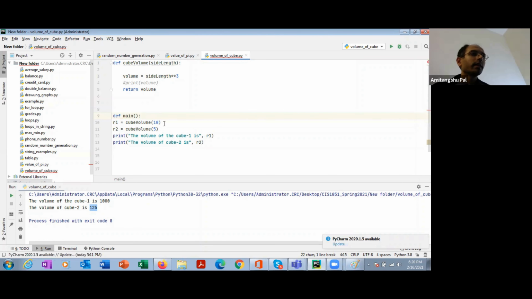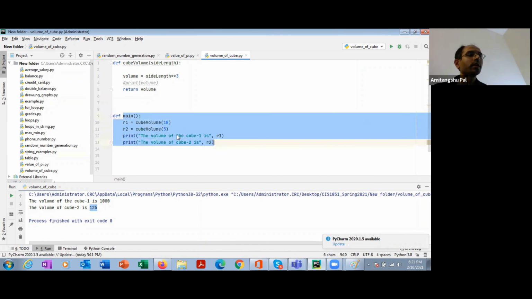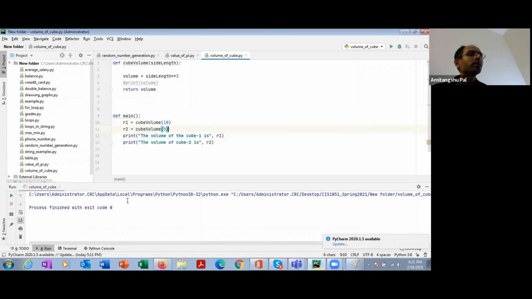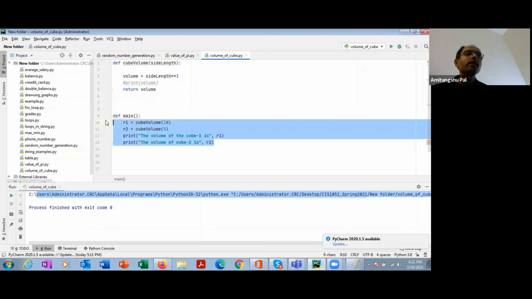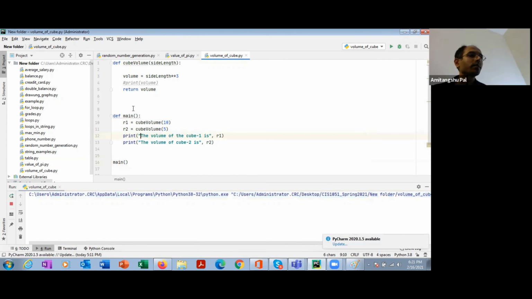Okay. And inside main, you can write this. So basically, main is a function. From this function, you are calling another function. So main is your main function, and from your main function, you are calling other functions. If you run it now, it is not going to print anything, because all these functions are inside main, and I didn't call main. So if I want to execute this cube volume, I need to call main from somewhere. Okay. So now it will get executed.